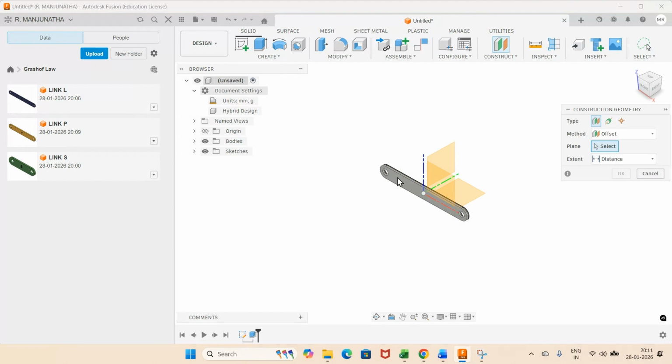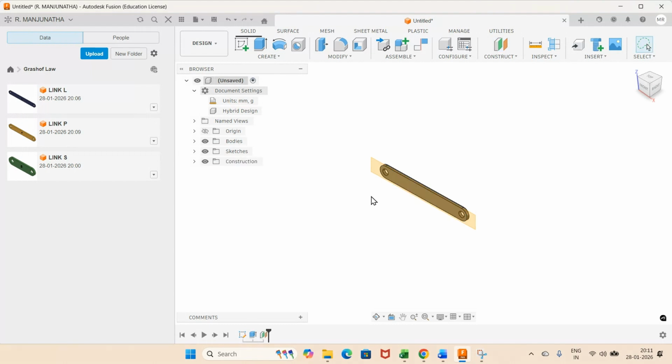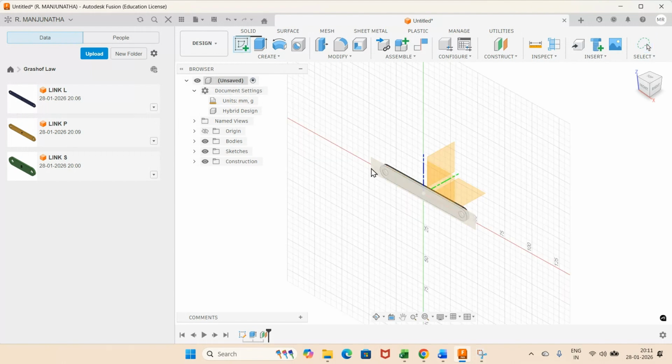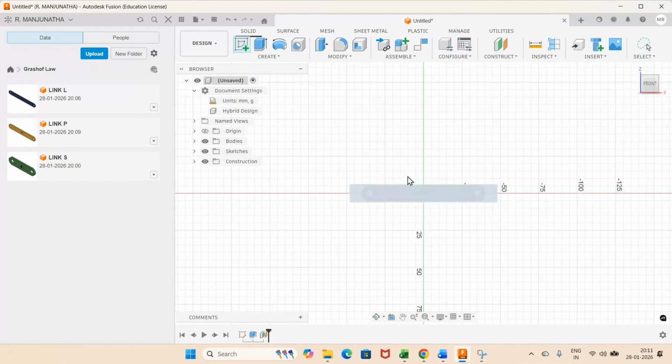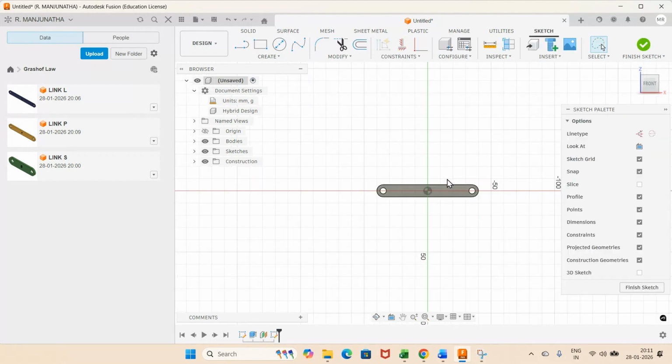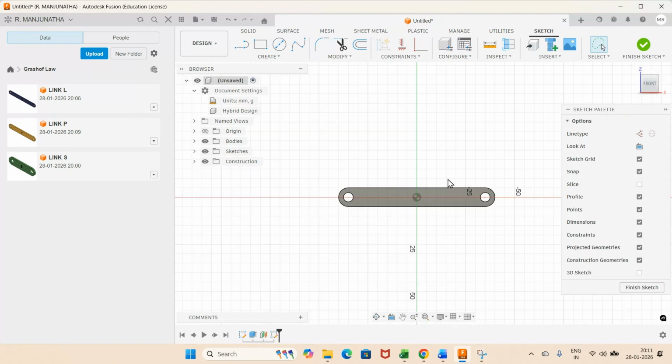And now once you do that, then you go to the offset plane, select it on this plane, give the dimension as 0.2. Okay, enter. Now you go to create, that is sketch, click on this sketch. Okay, now you come down, that is take the zoom and go to create, go to text, click on OK,